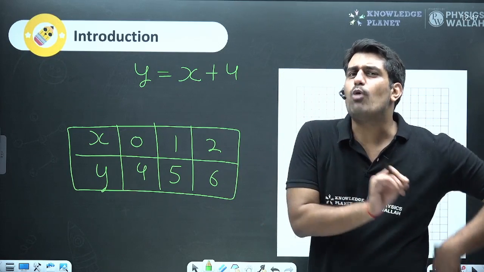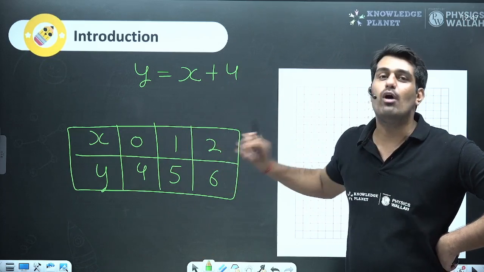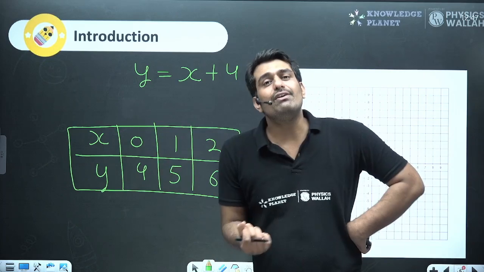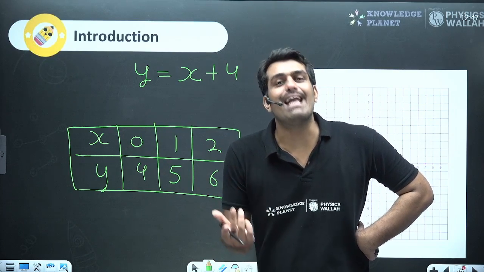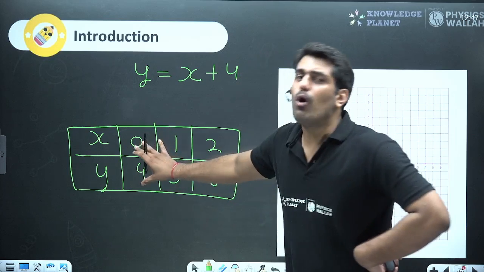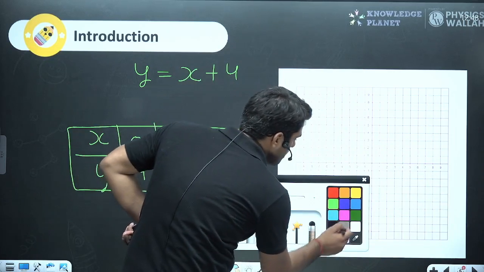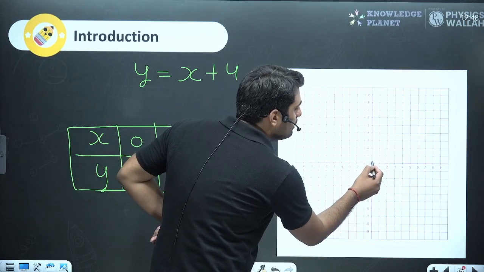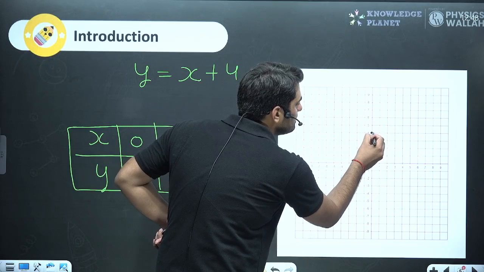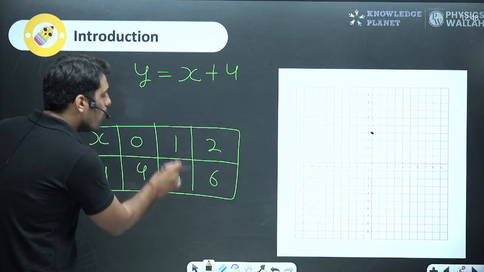Now, what is this plotting of points? What exactly do these points (0, 4), (1, 5), (2, 6) represent? This we generally say is the solution of the given equation, or I would say the line. Why line? Let me plot these points on the graph paper. So here we have (0, 4). So this is 0, 0, 4, somewhere over here. This is 1 point I have plotted. Next, (1, 5),